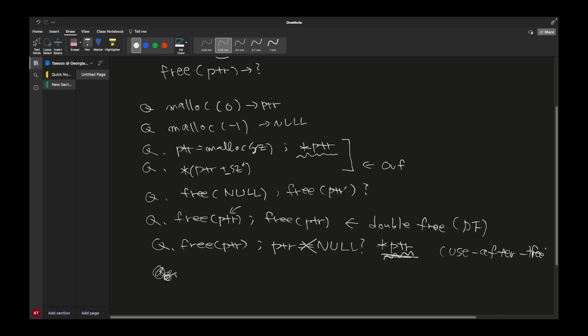As the name indicates, we're going to use after free. So we free and then we use this pointer. The security implication of this is very subtle. If no one is using this pointer, likely it's just fine. But there are many chances that